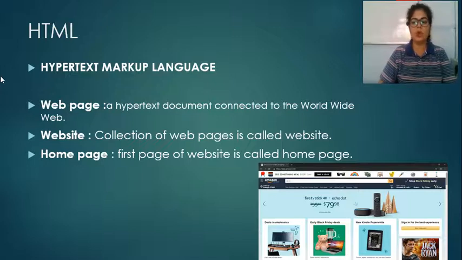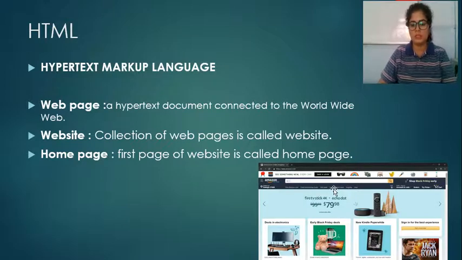Now the next thing is, what are web pages? I hope you all use websites to shop, to get information, to check anything. So everyone in today's era makes use of websites. I have taken an example of this website, Amazon.